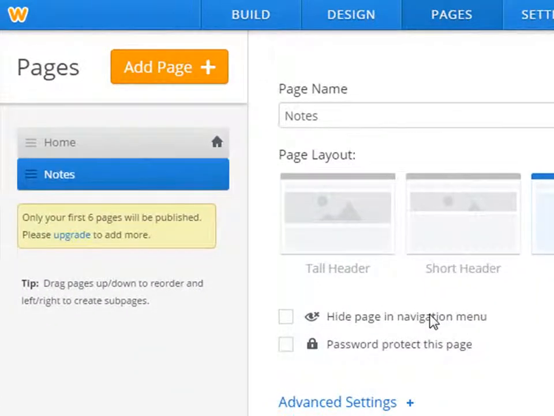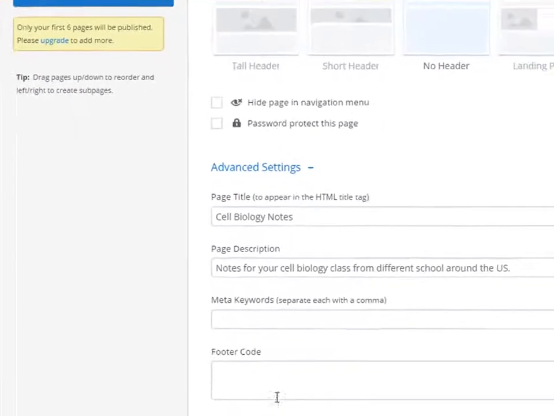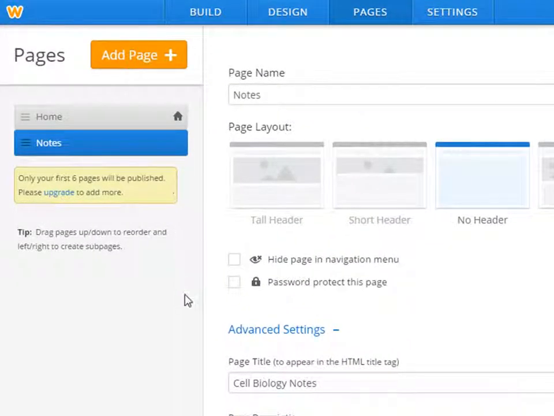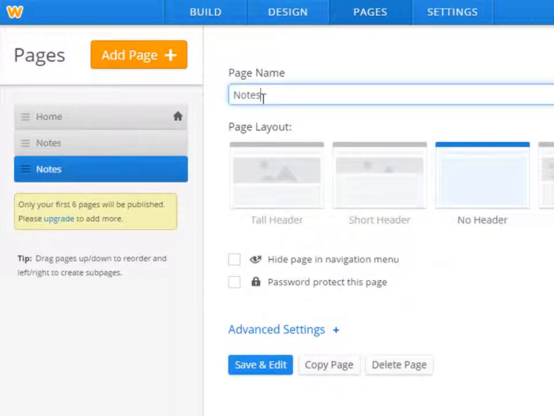I'm not going to add all of the SEO stuff right now. We'll do that in a little while. But first, this is going to be real simple here. All I'm going to do is copy this page, copy the notes page. So there's another notes page. We're going to call it